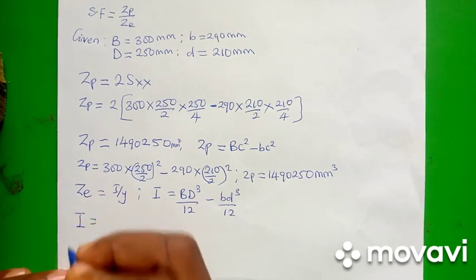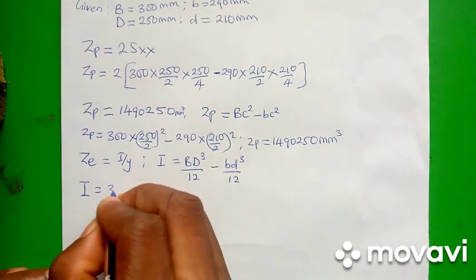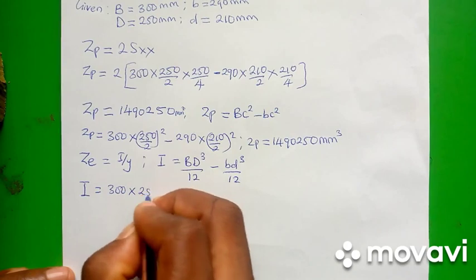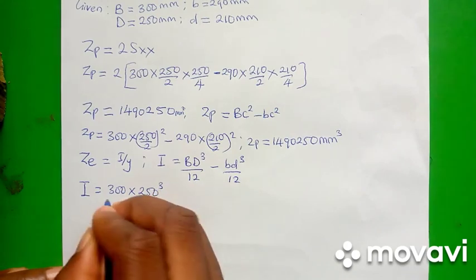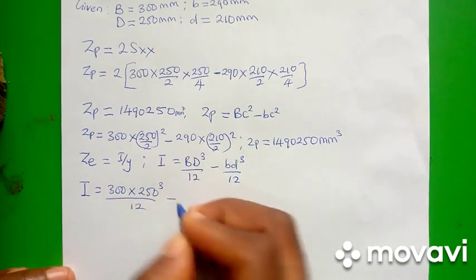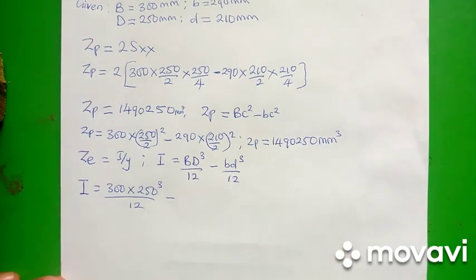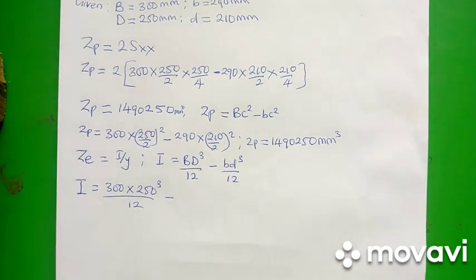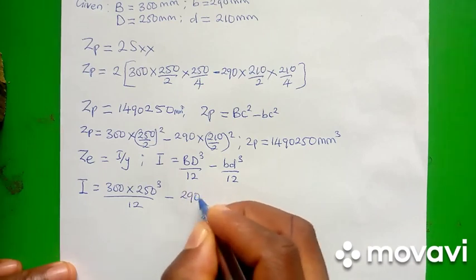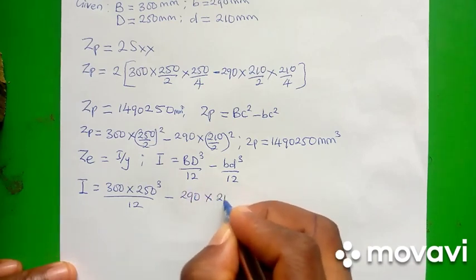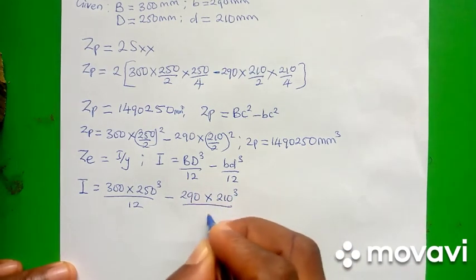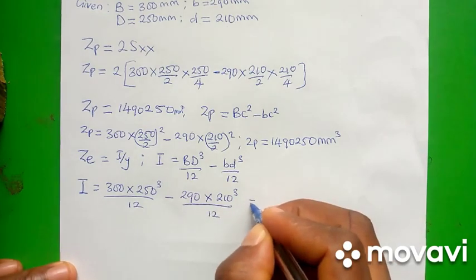I is equal to capital letter B is 300 multiplied by 250, which is capital letter D, raised to power 3 all over 12, minus 290 multiplied by 210 raised to power 3 all over 12. That will give you